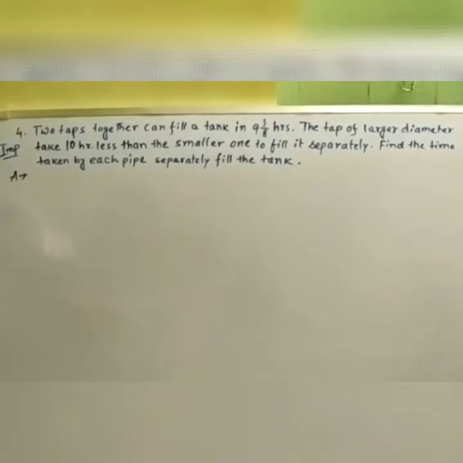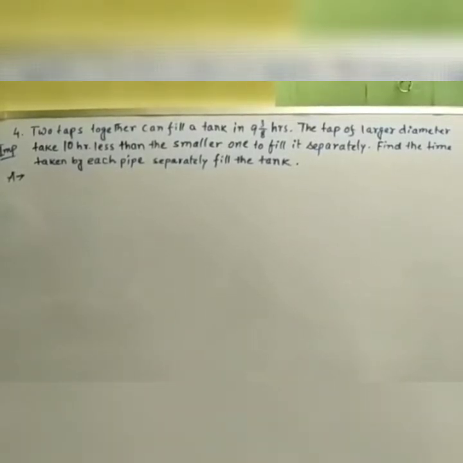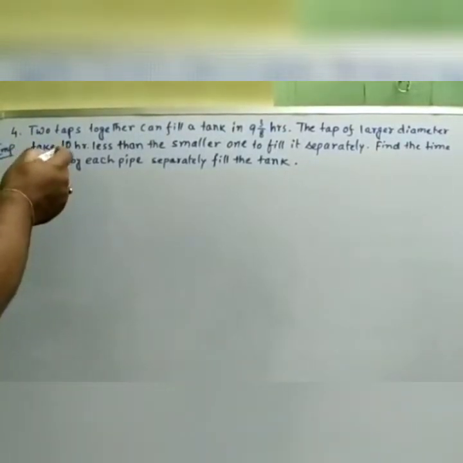Okay, so you need to find the answer of the time for each tap to fill the tank. So let us see, we will consider the smaller diameter tap can fill in X hours, and the larger tap takes 10 hours less, so it will be X minus 10 hours.